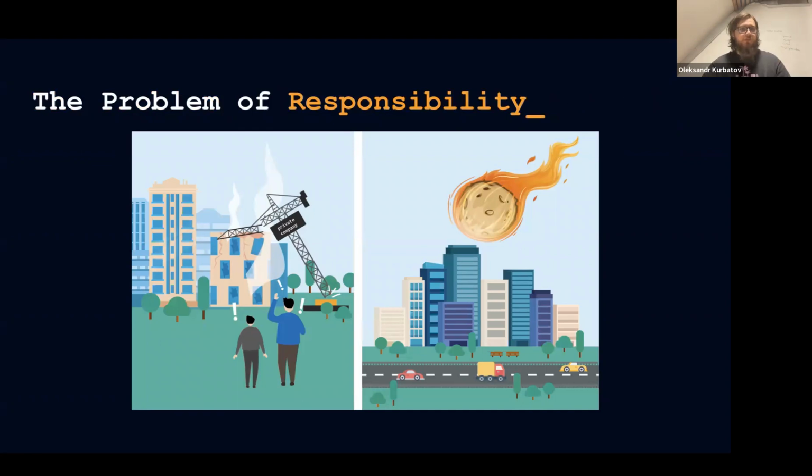Second one is the problem of responsibility. It's obvious that in the decentralized environment, everybody is responsible for the process in which he's taken part as a participant. So it means I will be responsible for all operations with my keys, for storing these keys, for generating these keys, for generating signatures, for backing up these keys, etc., etc.